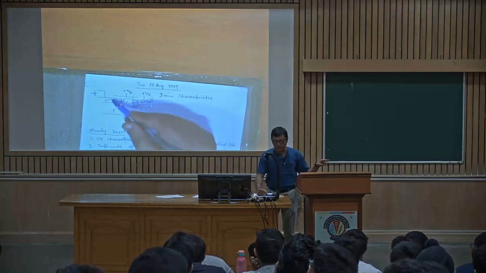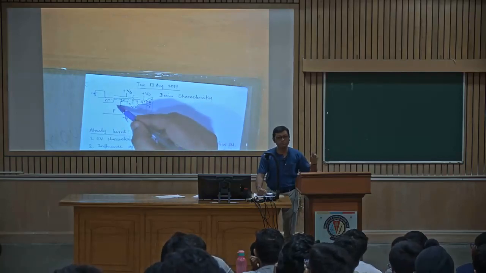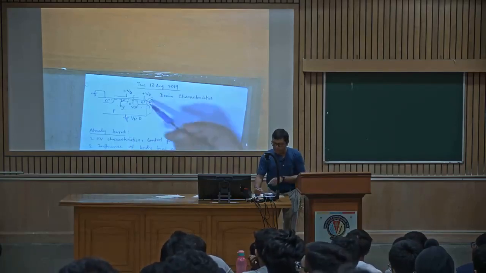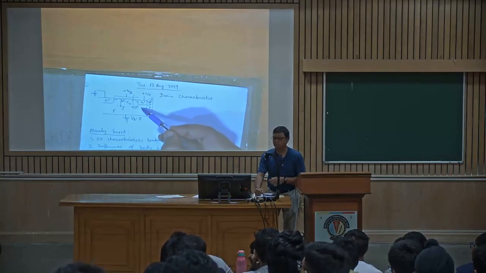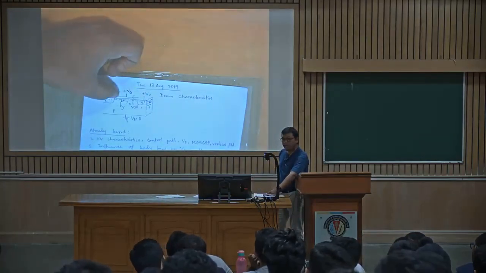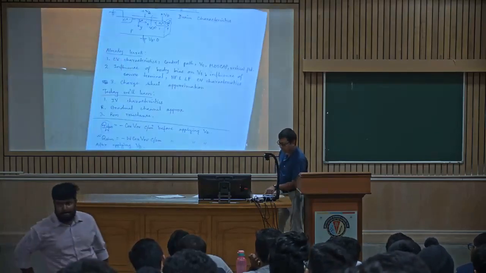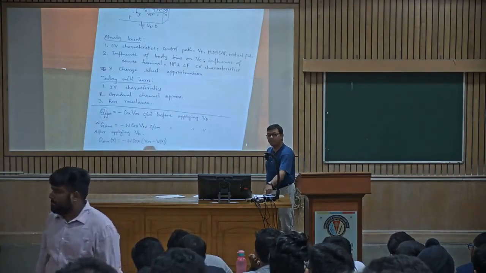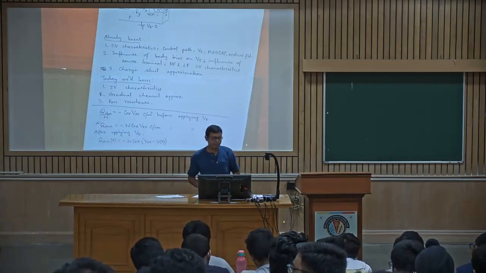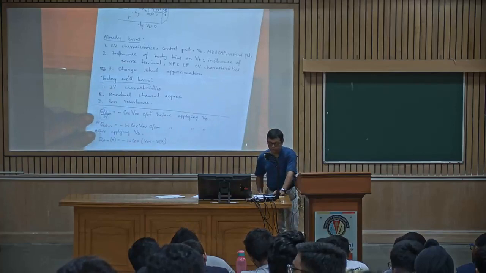What is the influence of reverse biasing the N plus P junction of the source and body? Body bias. We have seen that. What does it do? It affects the VT. Now if you are reverse biasing this N plus P junction, what will happen? You are going to have a negative influence on this VOV, the overdrive voltage, because it is kind of reducing the influence of VOV because of the reverse bias.